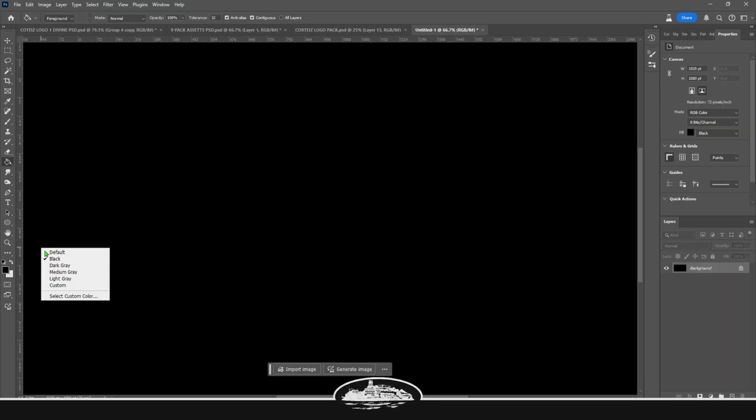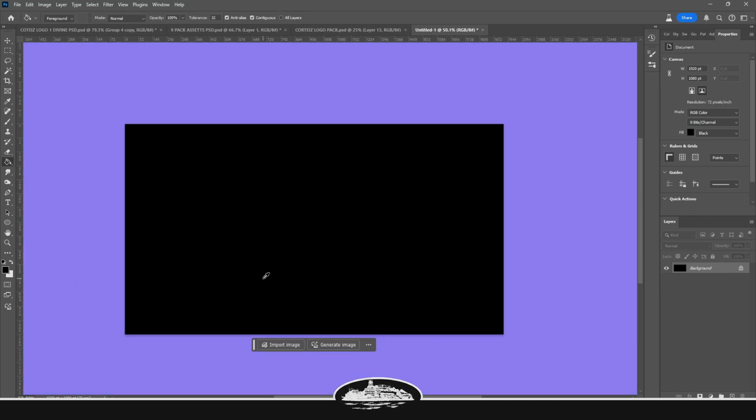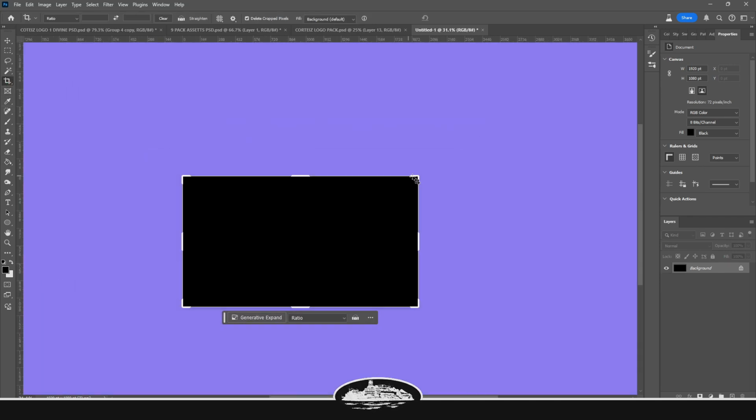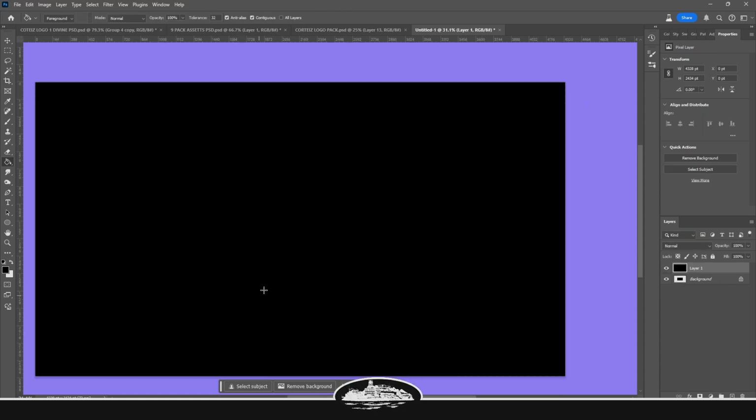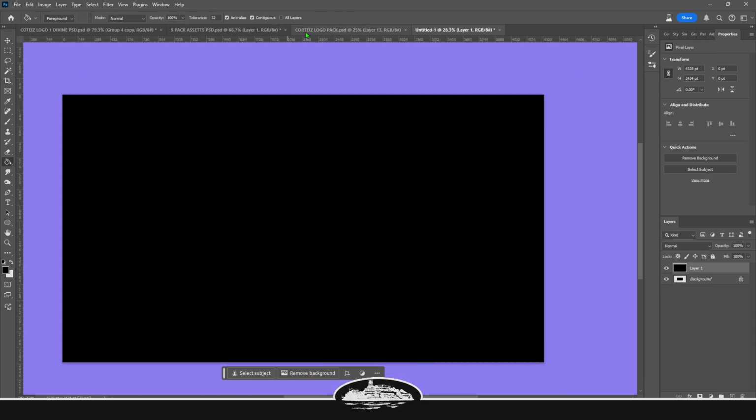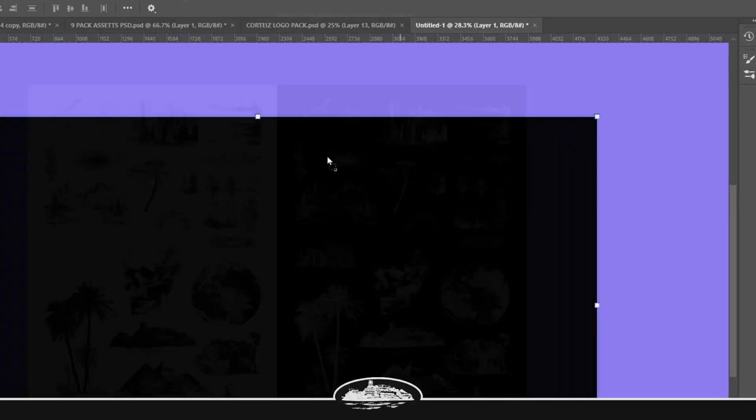So we're going to start. I'm going to make the background black. I'm going to change the background of the canvas so I can see what I'm doing. I'll make this a lot bigger, working now about 4,000 by 2,500 pixels. I'm going to start off choosing some of the assets. I think I'm going to use a city